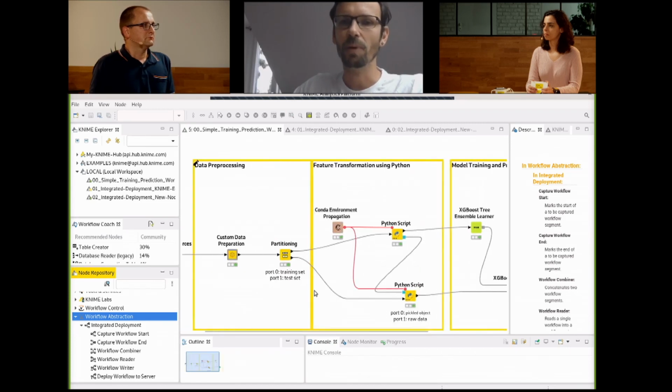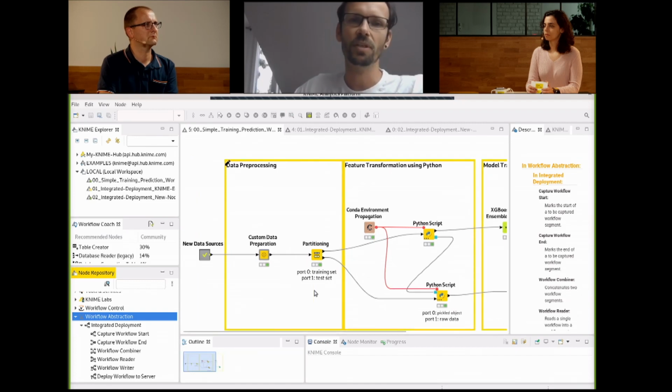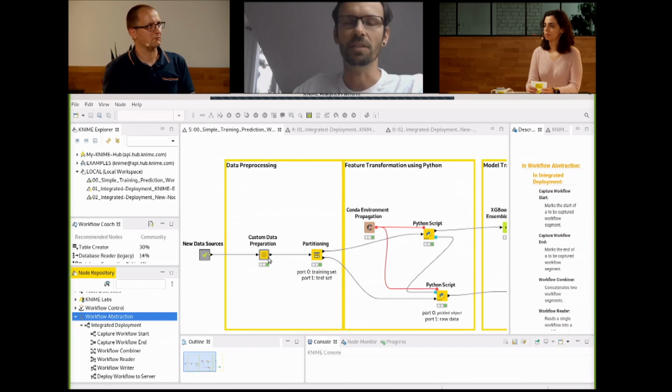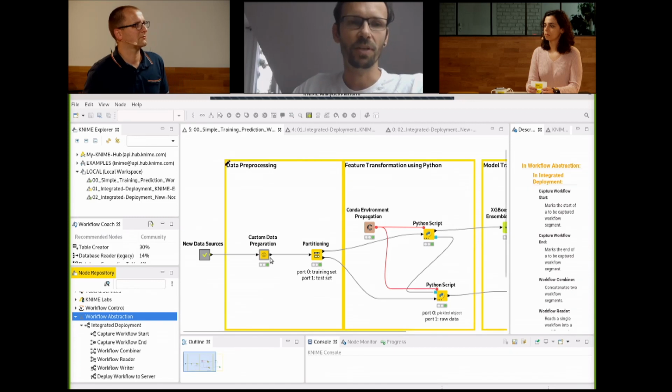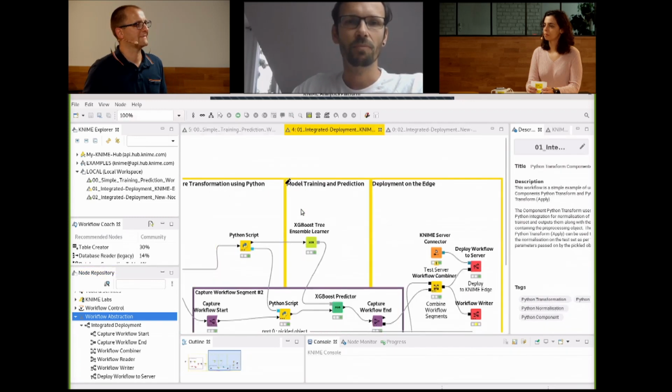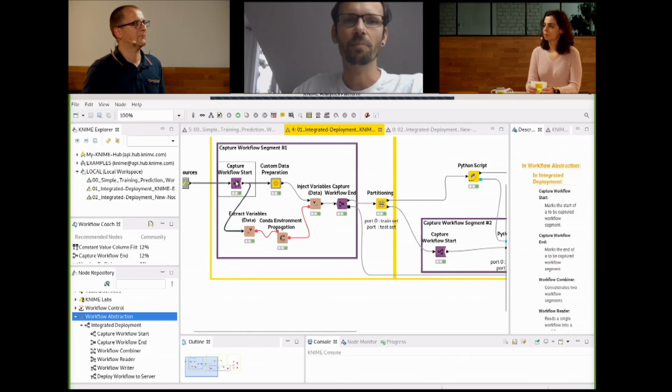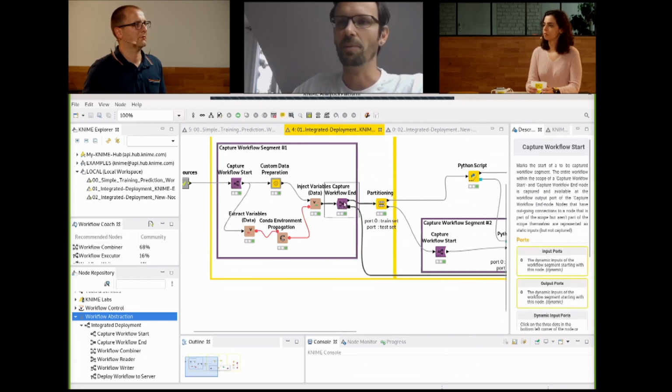In this case, we might want to extract a prediction workflow out of it. Before integrated deployment, we would have needed to copy parts of the workflow manually to another workflow and do even some more stuff. But with integrated deployment, it gets way easier, because with the integrated deployment nodes, we can now simply capture parts of the workflow we want to move into